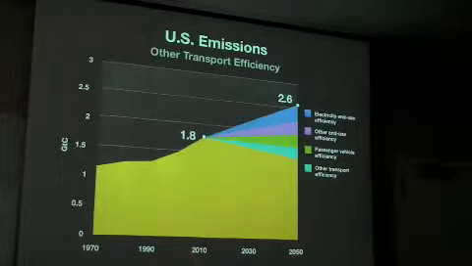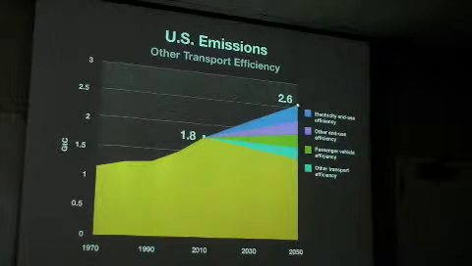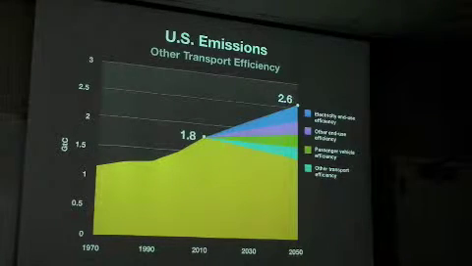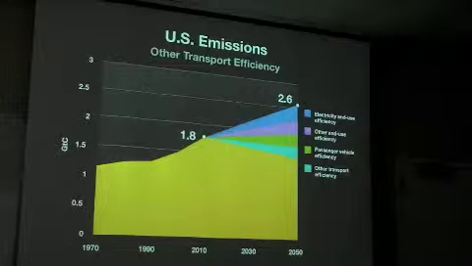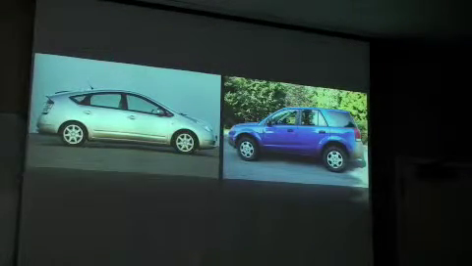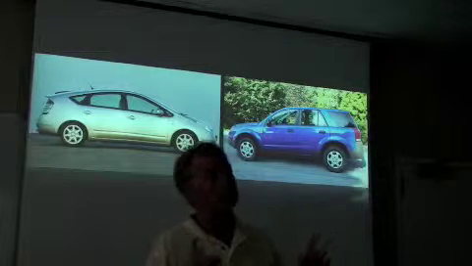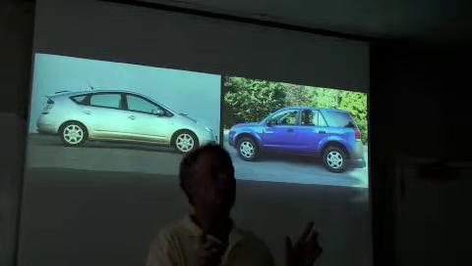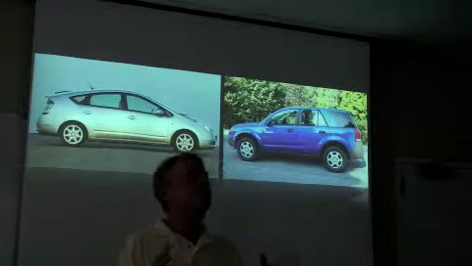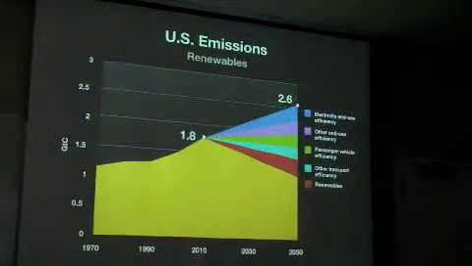Other transportation efficiency. What if we start doing light rail? What if we start doing high-speed trains? What if we get airplanes to fly more efficient routes? You can go on and on. Look, now we're starting to take that alligator's jaw where we're coming down some. And you can get hybrid cars, and they're now talking about electric cars. You've got to be smart about electric cars. You don't want to plug an electric car into a coal plant. In honesty, it is a little bit better for the environment, but it still doesn't solve the problem, right? So we've got to figure out how we do that, but we are making some advances.